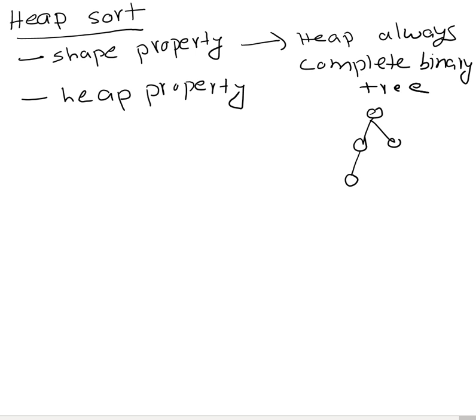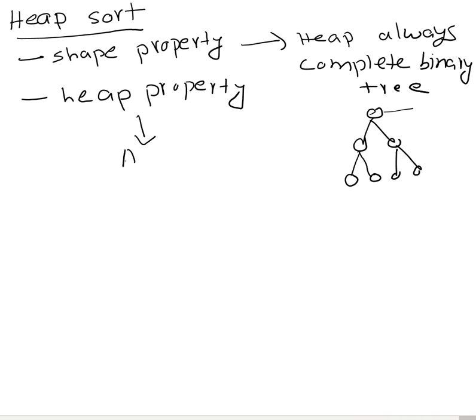This is not a complete because this has only one root, so it should have two roots. This is called a complete binary tree. So coming to the shape of the heap, how it should be means complete binary tree. Each and every node should have two nodes except leaf nodes. That is the thing. And heap property,